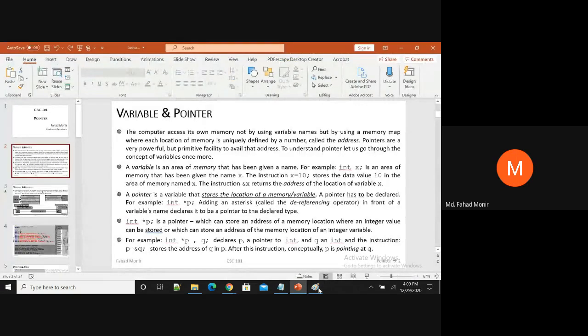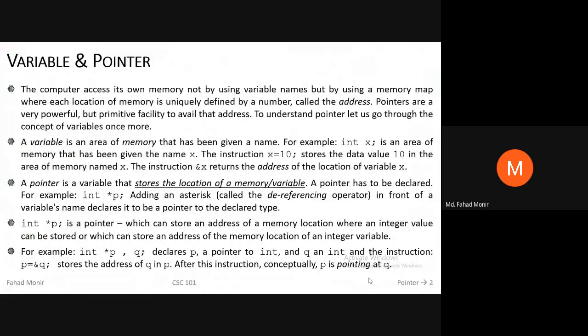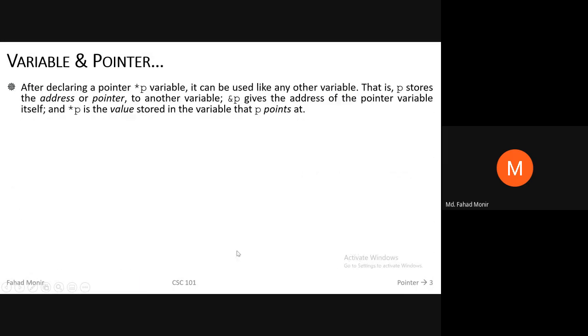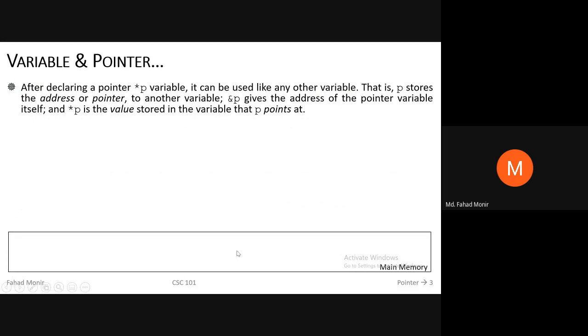Now that what has been written here, you see. So integer asterisk of p is a pointer which can store an address of the memory location where an integer value can be stored, or which can store an address of the memory location of an integer variable. Okay, for example, this is an example. That's how we declare it. Slide এ সবকিছু লেখা আছে সুন্দর মতো।